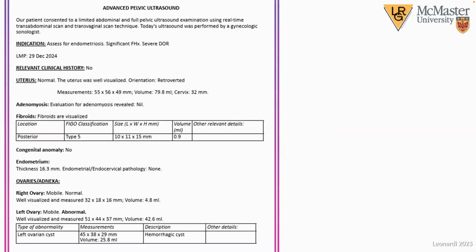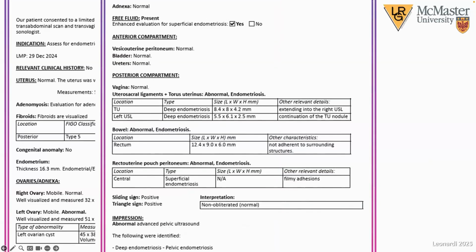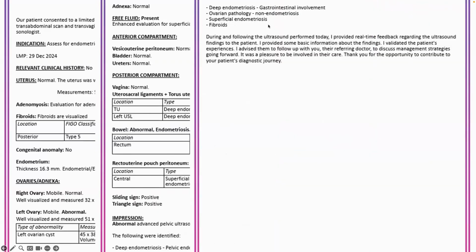And I've taken just a sample report here. This is the first section involving the uterus and the ovaries. You can see here we're looking at FIGO when adenomyosis is characterized. We use MUSA. When IOTA is implemented, we use features from them to characterize, for example, hemorrhagic cysts. And then with respect to deep endometriosis, we're dividing this into the anterior and posterior compartment, and then dynamic maneuvers such as the sliding sign and the triangle sign, with an interpretation that has a summary of the various aspects